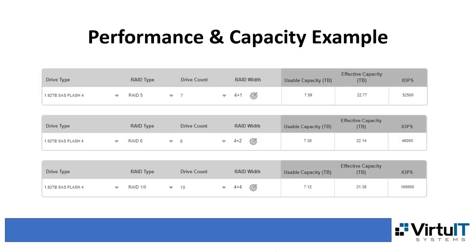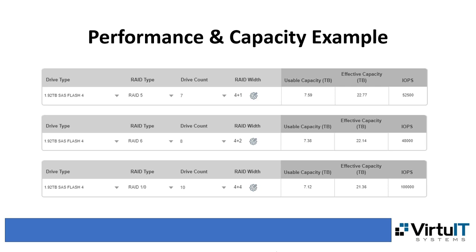So now we have three examples, and we're going to compare the file system configuration that we were looking at earlier in a RAID 5, a RAID 6, and a RAID 10. So here, same solid-state disk devices, the 1.92 terabyte SSDs that we were talking about before. And our first example was the RAID 5 configuration, as we saw before, with 7 drives at a 4+1 stripe. And you can see the 7.59 terabytes of usable space and the effective capacity of 22.77,